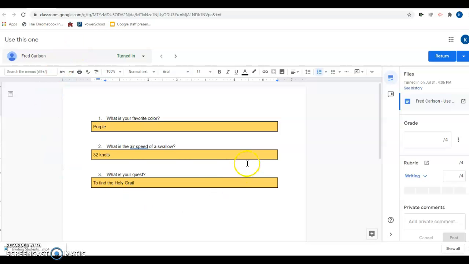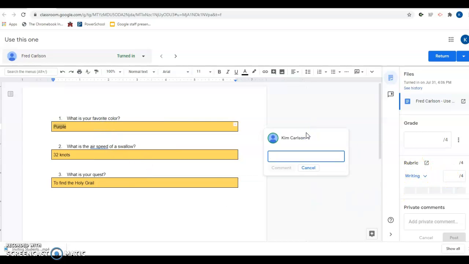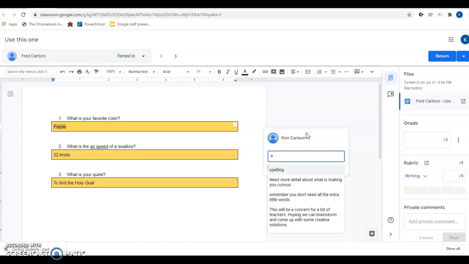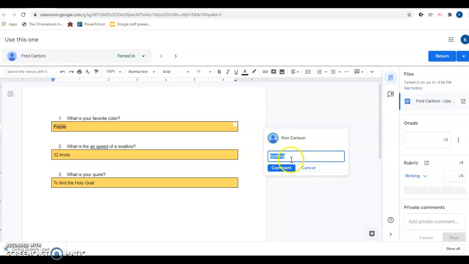Now from here I can do several things with Fred's paper. So I can actually comment right here, right with him. So I highlight just like I would any other document, and I hit add comment, and I can get some comments from the comment bank if I want to. If I'm using the comment bank, I just hit hashtag and then my comments show up. There is a video later on that you can go look at that'll show you how to make comments in the comment bank. So I can just pick a comment and add it and hit comment, and that will show